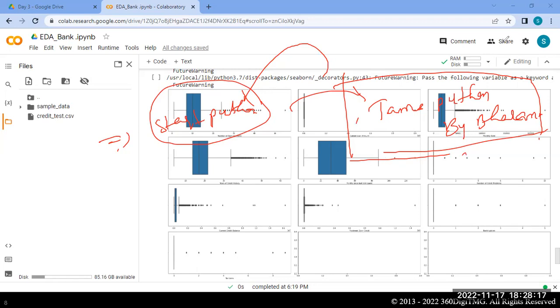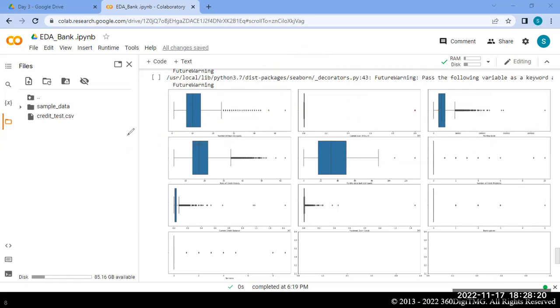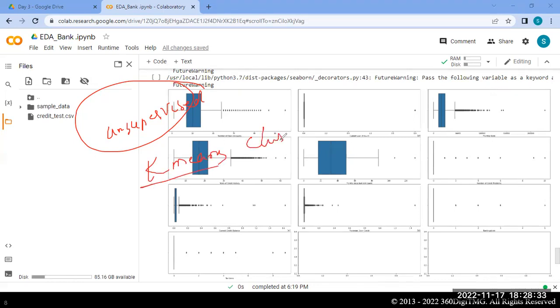So that is it for today, guys. Tomorrow we will be coming up with one more session on unsupervised learning. We have discussed what unsupervised is. Among these, we will be taking one algorithm, that is k-means clustering. We'll try to understand what exactly k-means clustering is, what the mathematics behind that algorithm is, and how we can apply k-means clustering in real time. I'll be taking one use case scenario and we'll try to understand k-means in detail. That we will be doing in the next class.